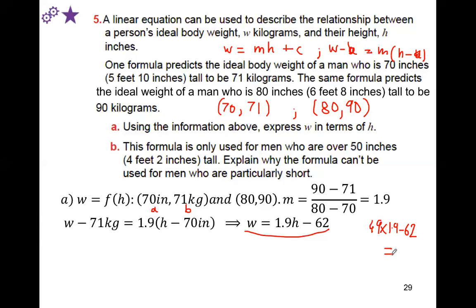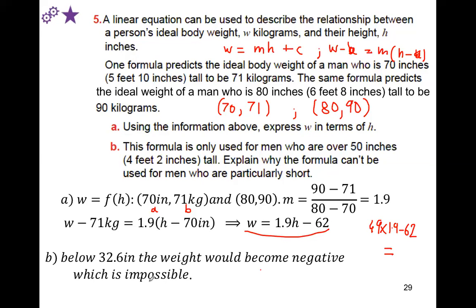So 49 times 1.9 is 93.1, minus 62 is giving me 31.1. Okay, so let's see. If you were lower than that, what you will find is,